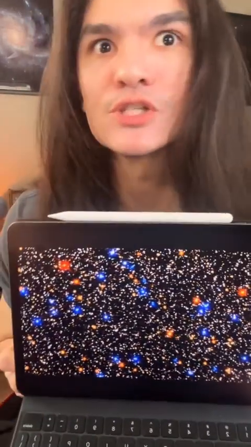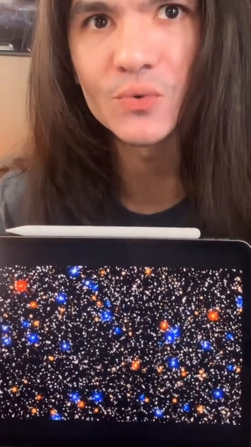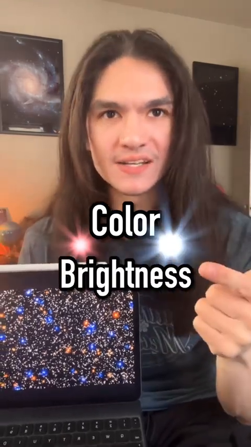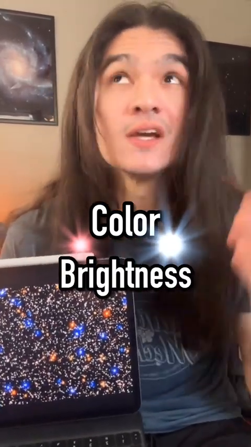Dude, take a look at this picture of stars. Okay. Are there any differences between them that you can make out? Well, they have different colors. Right? Anything else? Some are brighter than others. Yes, color and brightness are really the only differences that we can distinguish between stars just by looking up at